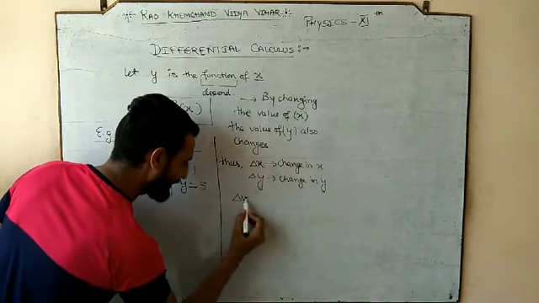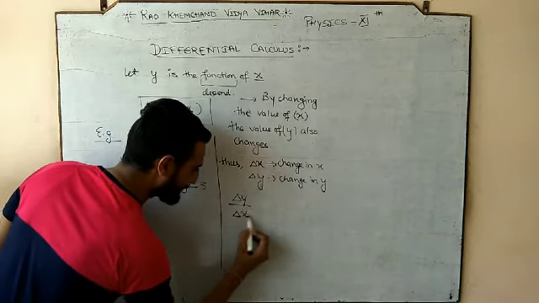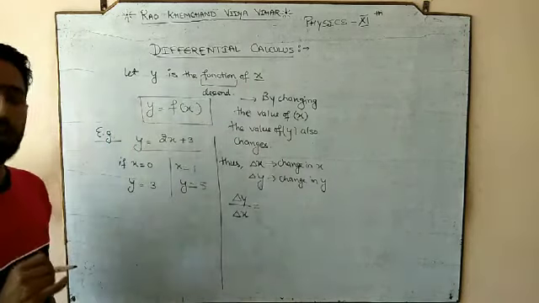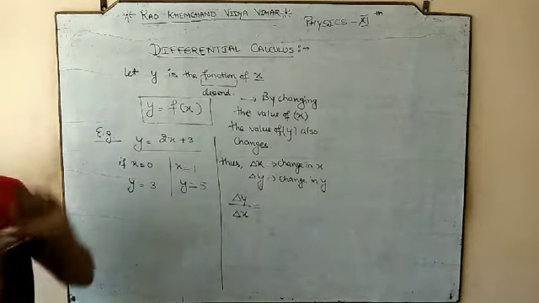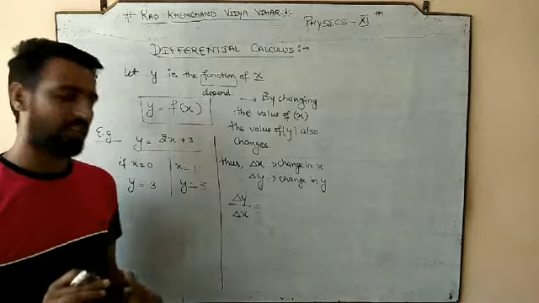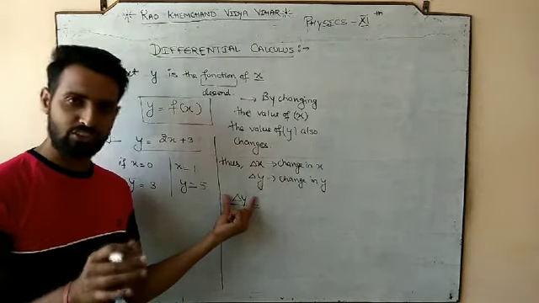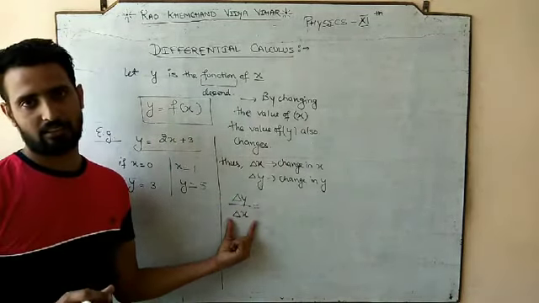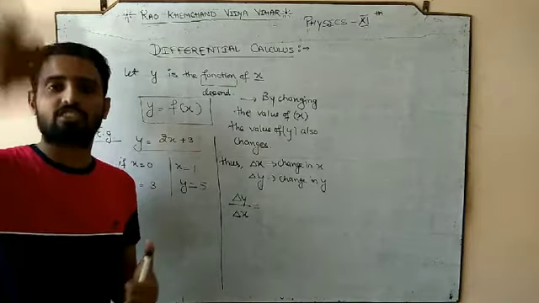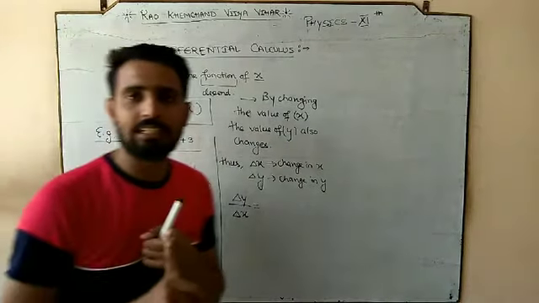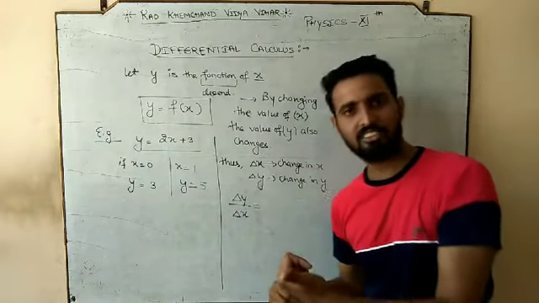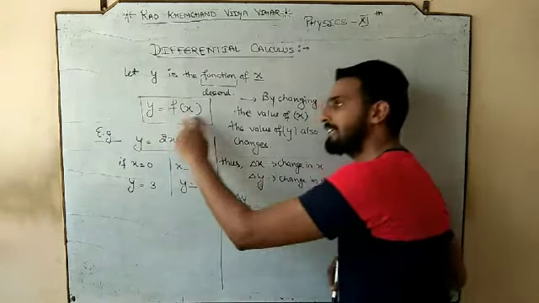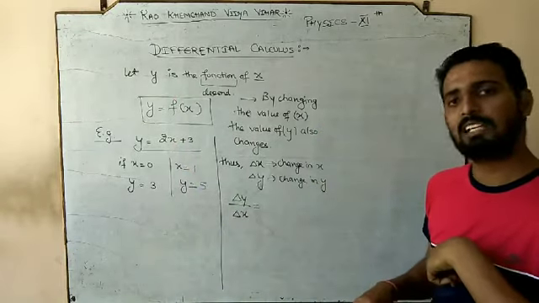So this delta y by delta x, what we are going to do, that y depends upon the x, means by changing the x, y change हो रहा है. Now I want to study how much y changes by changing the x. So first of all, who changes? कौन बदला? y change हुआ. But किसकी वजह से बदला? x की वजह से बदला, because y depends upon the x. Try to understand that concept.